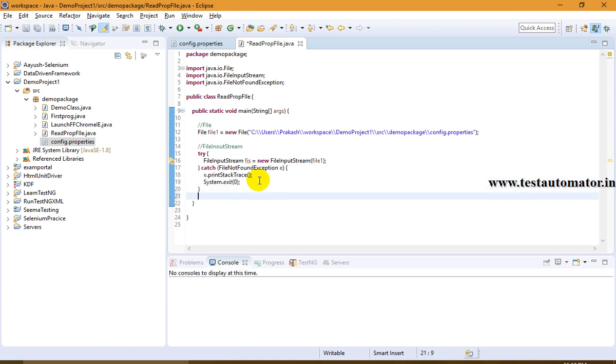Now what next is you need to define a Properties object. You need to define a Properties object. How to do that? Properties, object of this Properties is